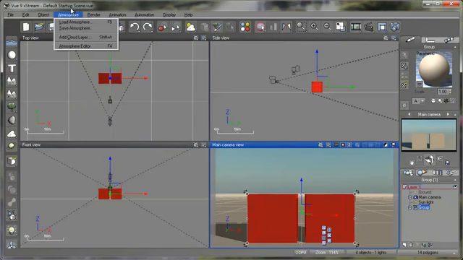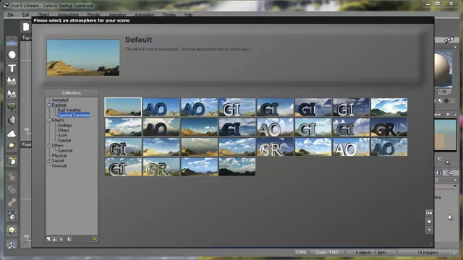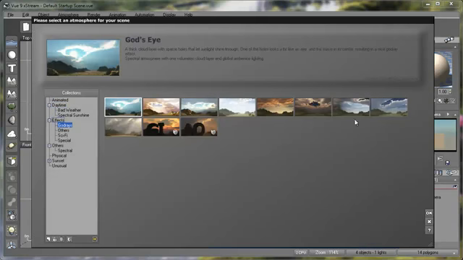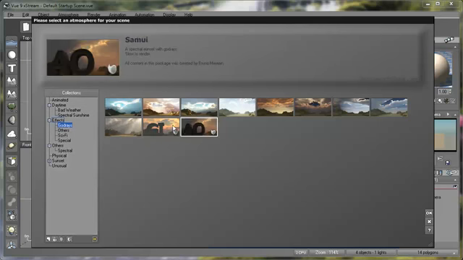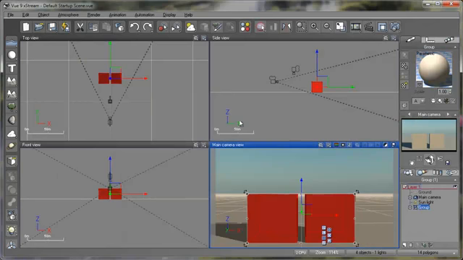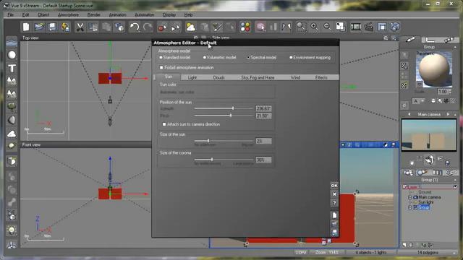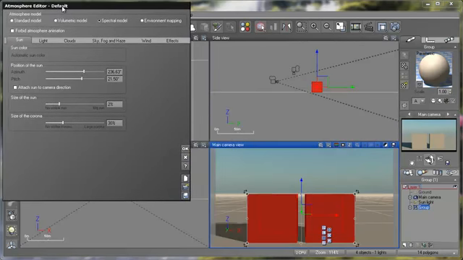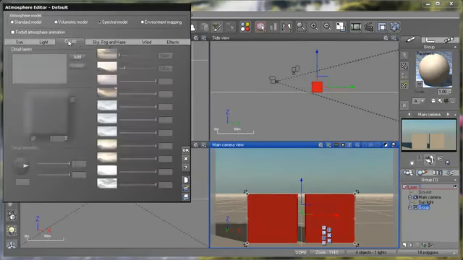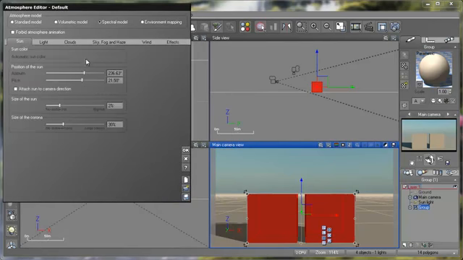Now for atmosphere, this is a pretty simple menu, which is load atmosphere. Here for loading atmospheres, we have Godrays, also Cornucopia, and save atmosphere, add cloud layer, atmosphere editor, and this we're gonna take a look at in a specific tutorial on how to parameterize all these things here. Okay,